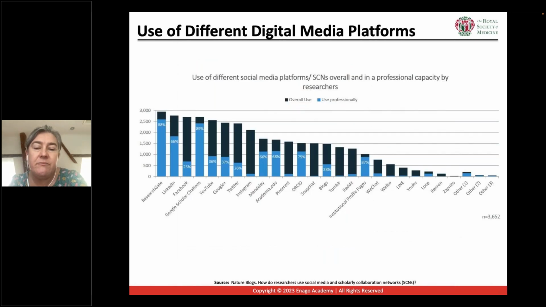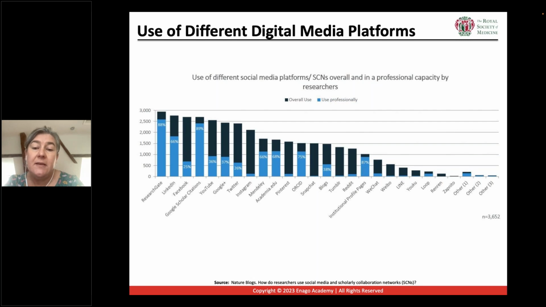So in a recent Nature survey, 95% of respondents who were researchers in STM or humanities and social sciences said that they used some form of social media or scholarly collaboration network for professional purposes. It's 95%. However, there wasn't one that 95% were all on. ResearchGate came highest in that particular survey with 71%, followed by Google Scholar. So I think people were certainly very interested both in being able to use things frequently, but also to get high quality social engagement.